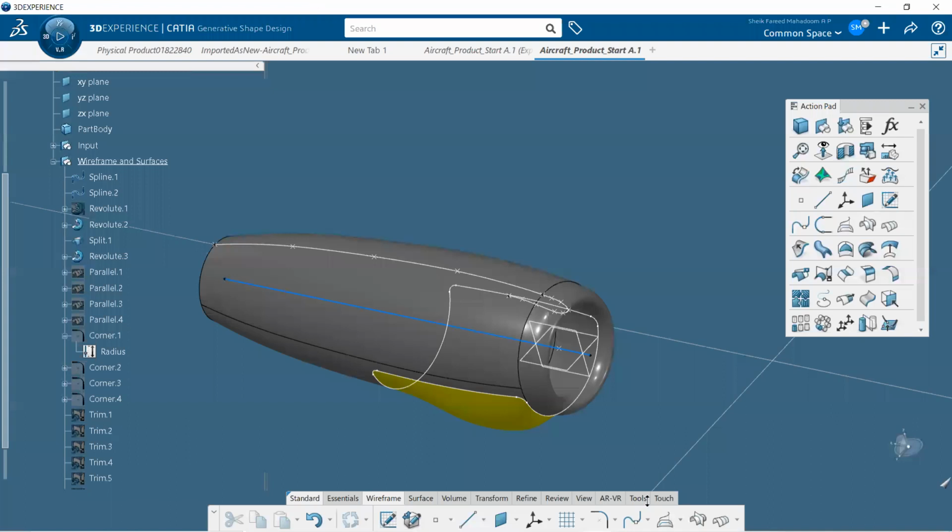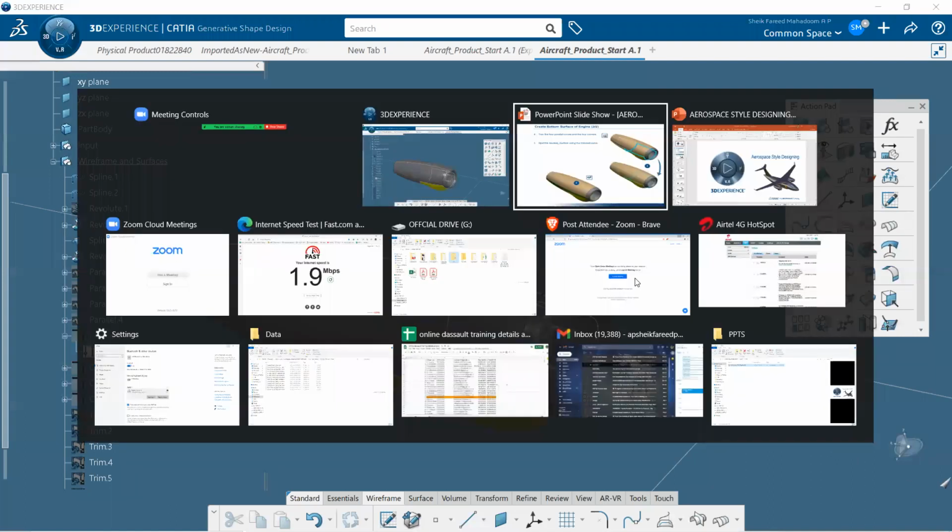Okay, let's go to the next portion. Once after completing the surface trimming, we have to generate the blades. Right now we have hidden all the parts. What we have to do is go to the hidden surfaces, and you can see the single blade is this one, and unhide it. Select this curve, unhide it.